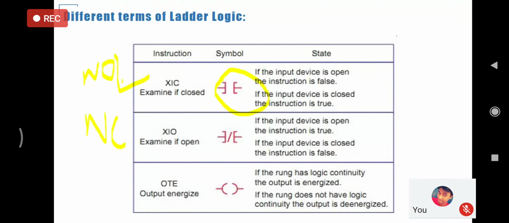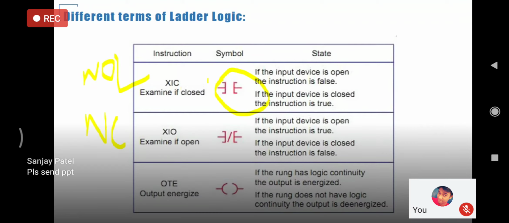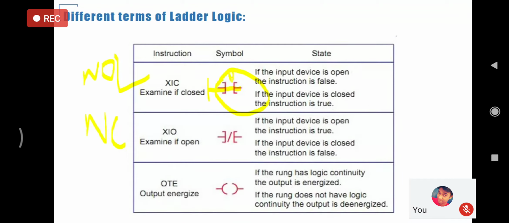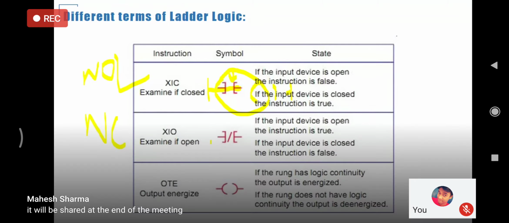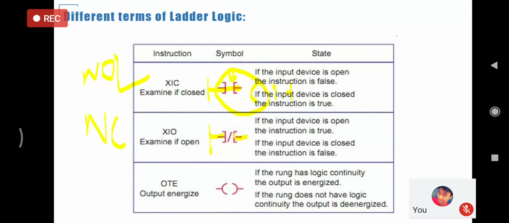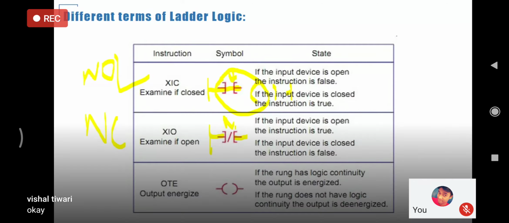The first one, the normally open switch, is also referred to as examine if closed. When power is supplied to this switch, or when this switch is in a pressed state, it comes into the conduction state and leads to useful output for a device. Similarly, normally closed means in the field it is initially in a closed position, or an on position. When you press the switch, it changes its state. And in software, we denote this as a normally closed switch.